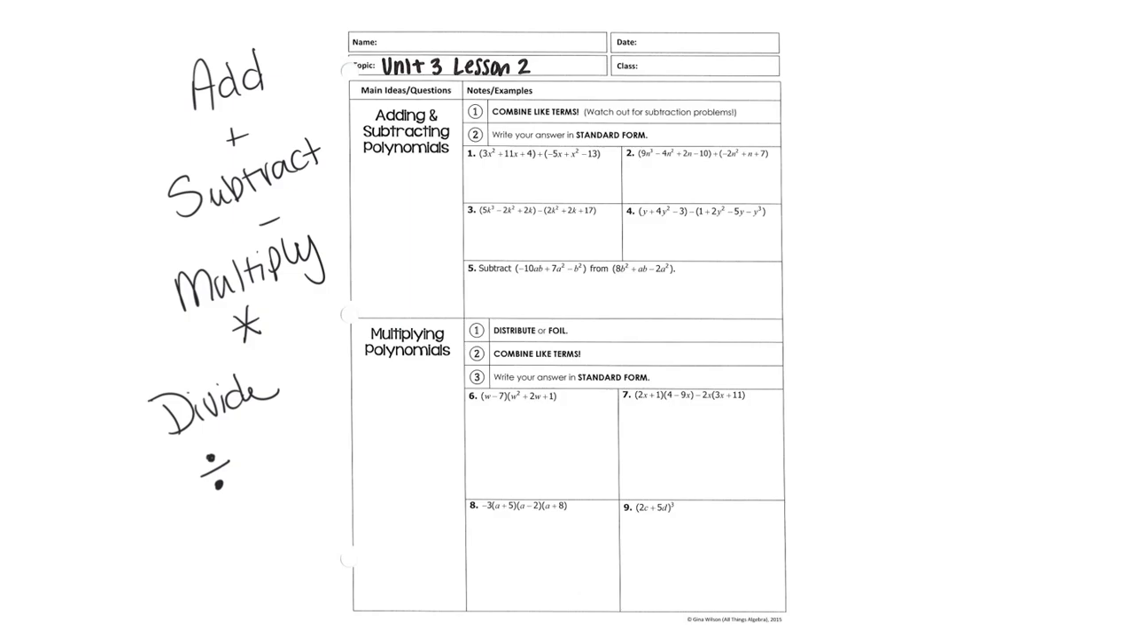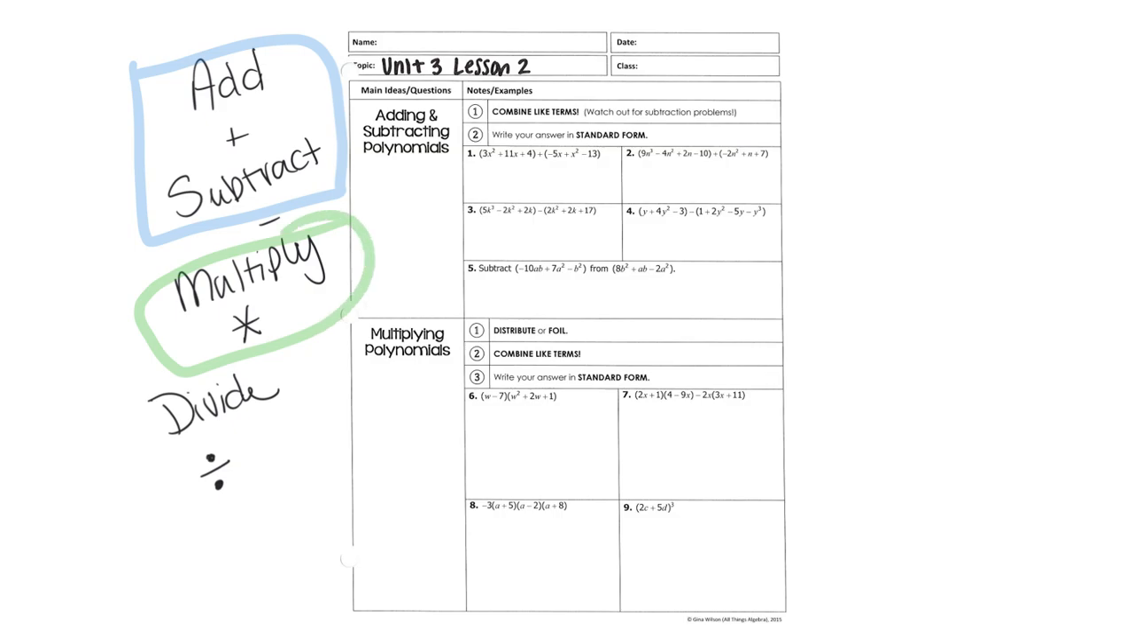So what we're going to do is kind of take this in three different sections. We're going to talk about adding and subtracting. Then we'll take a look at multiplying and then dividing. And we're going to start very basic in division. We're just going to look at things like dividing out one term